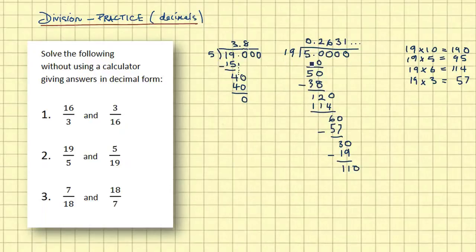And that's our answer. Our answer to 5 divided by 19 is 0.2631 dot, dot, dot. Not necessarily going on forever. But if we go any further, we're going to get into too much detail. So what we can say here is 5 divided by 19 equals